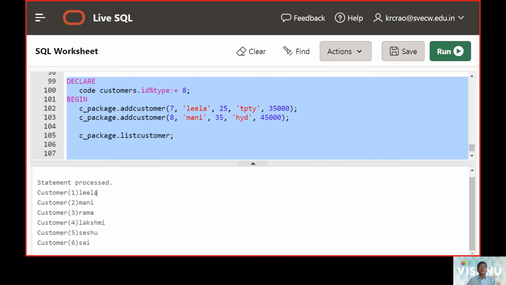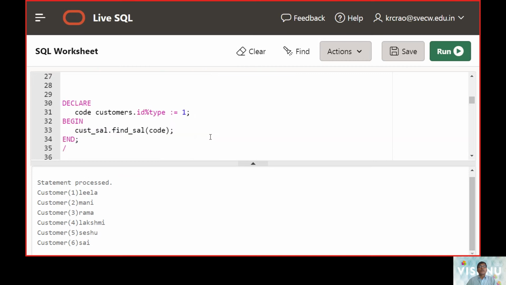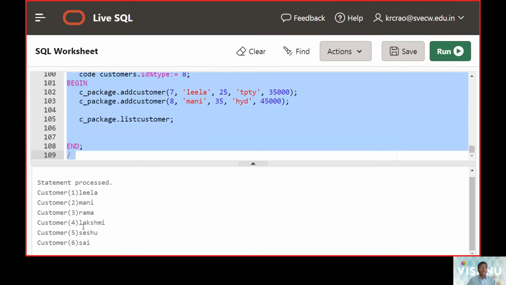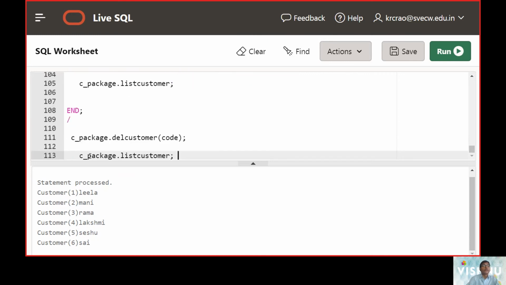So Leela and Mani are part of it. Earlier Rama, Lakshmi, Sheshu and Sai were part. Now you can see Leela and Mani are available here.